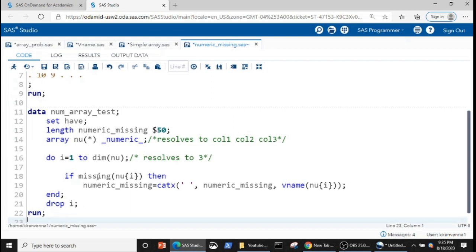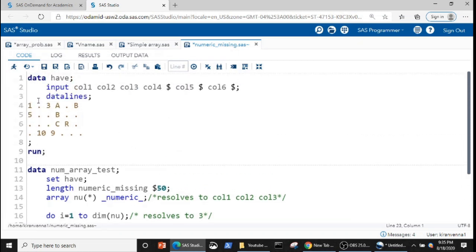We are saying if missing(nu[i]) then numeric_missing equal to catx(space, numeric_missing, vname(nu[i])). Numeric_missing does not have any value yet, so this is also missing, and then we are concatenating with vname(nu[2]), that is call2.